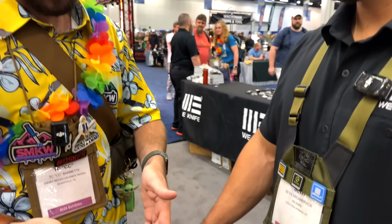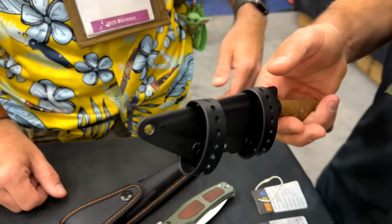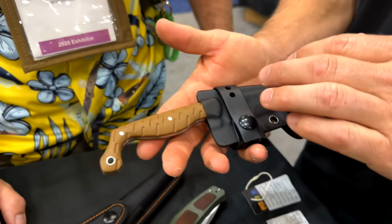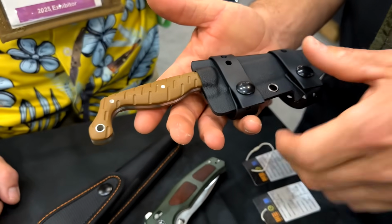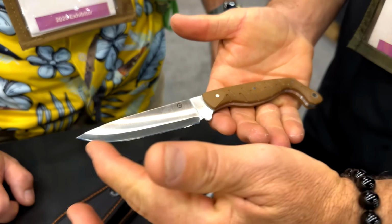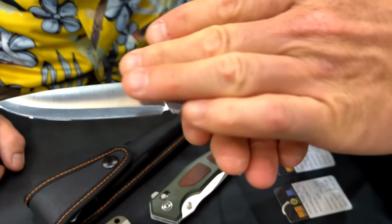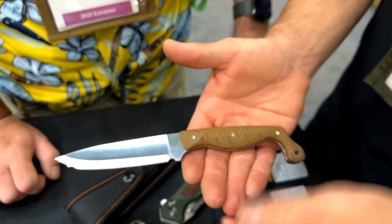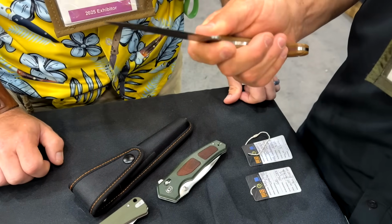Now, we've got a fixed blade here that we've seen before in a little bit different iteration, kind of. Yeah, that's a great way to say it. So we have the Soken that just came out, which is also a Kyle Lamb design, just like this one. It's got that lamb shank on the back, same type of handle, but this one is quite a bit different on the blade. Longer, it's about an inch longer or so, and we've got this compound S-grind thing going on, where from the spine to the bevel right there, it's a hollow grind, and then you've got that flat grind down to the edge. So fantastic for working on animals and that, which is what he's